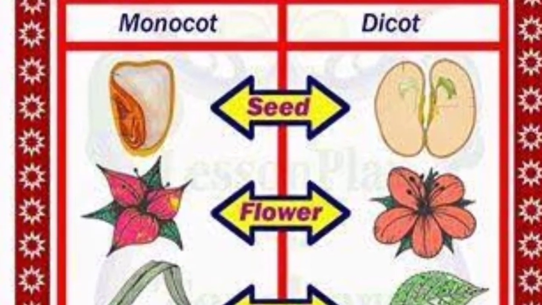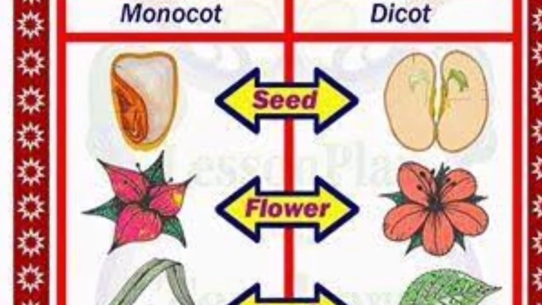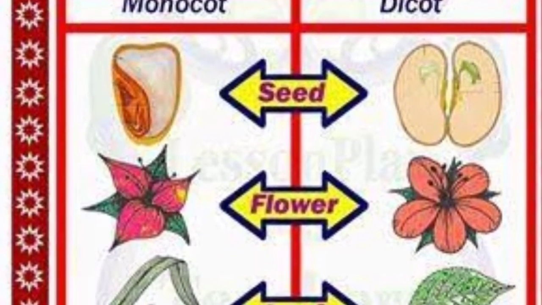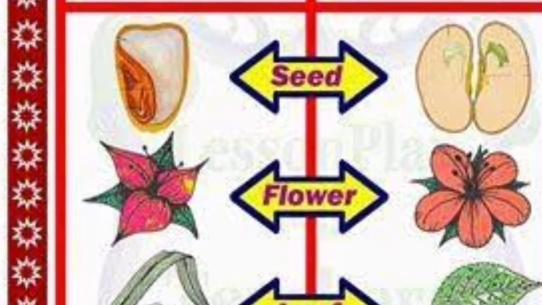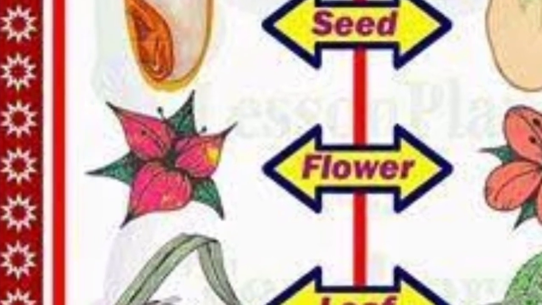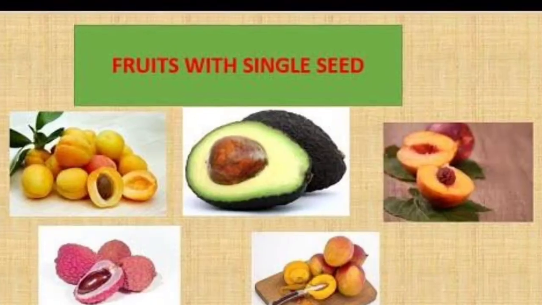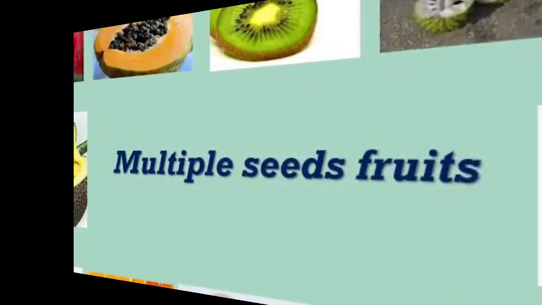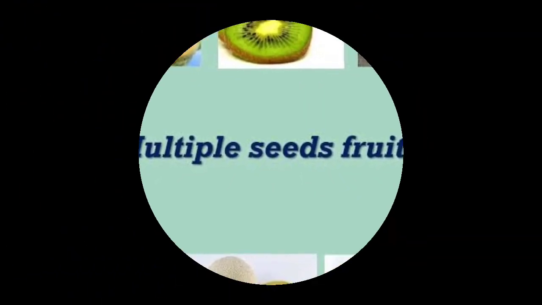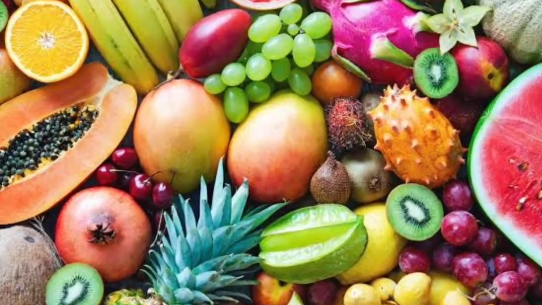There are two types of seeds, dicotyledonous seeds and monocotyledonous seeds. Seeds which get divided into two equal parts are called dicotyledonous seeds, while seeds which do not divide into two equal parts are called monocotyledonous seeds. A fruit protects the seed. It helps in seed dispersal. A new plant develops from a seed.